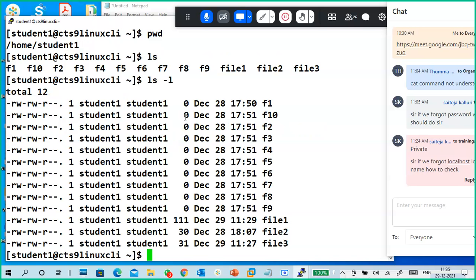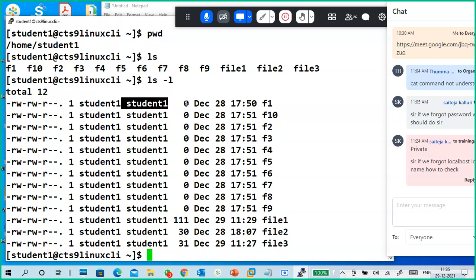It is a long list format: permissions on the file, number of links, who is the user, who is the group. This is the user who created the file, the owner of the file. This is the group. Don't worry, both have the same names.